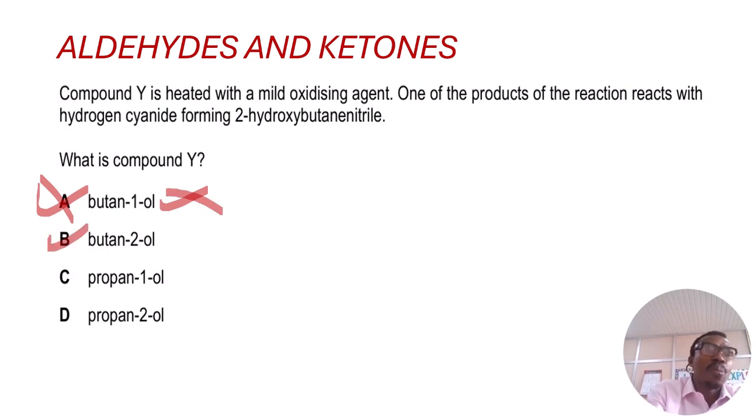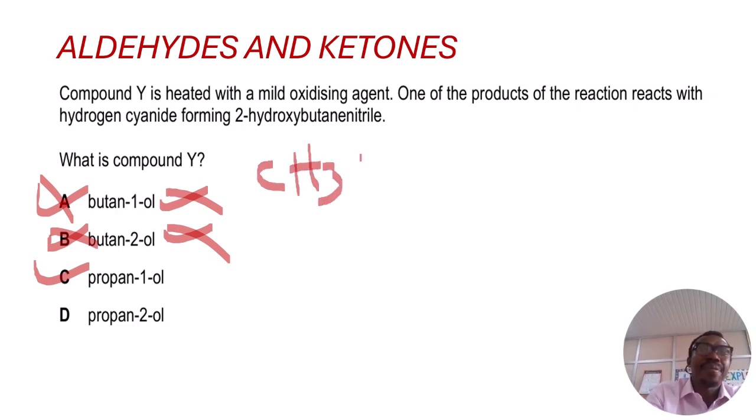Then B is also wrong because you are going to get hydroxypentane nitrile instead of butane nitrile. So the answer is either C or D. If you look at C, which is propanol. If you oxidize propanol, you are going to get propanal, which is CH3CH2CHO. Then react it with